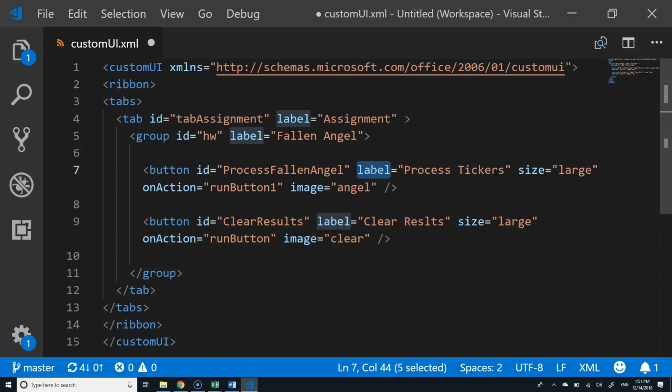Anything else on the XML here? Yep. Would that just be in the tab packet and then adding those attributes in it? That's right. So that's exactly what this one does. It adds a tab, and it has these buttons on it. By the way, if I wanted to call this tab home, would that be enough to make it go onto the home tab? The answer is no.